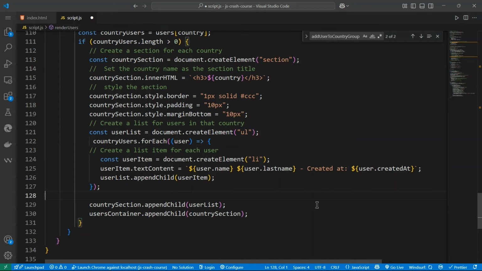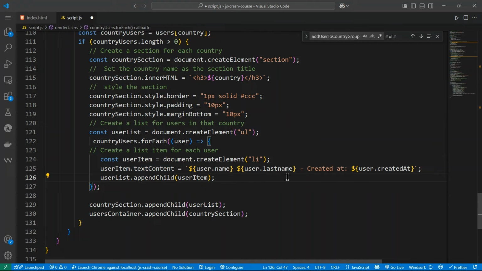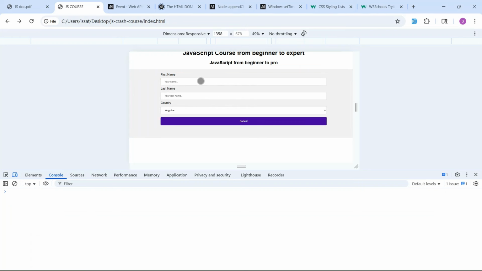Create a list of users, where the user item is equal to document.createElement. Here you see that we create an ordered list, and then we create the child, which is document.createElement, and append the username, user ID, and created date. If I save that and go back to reload, I can add John Doe, also John. If I save that,